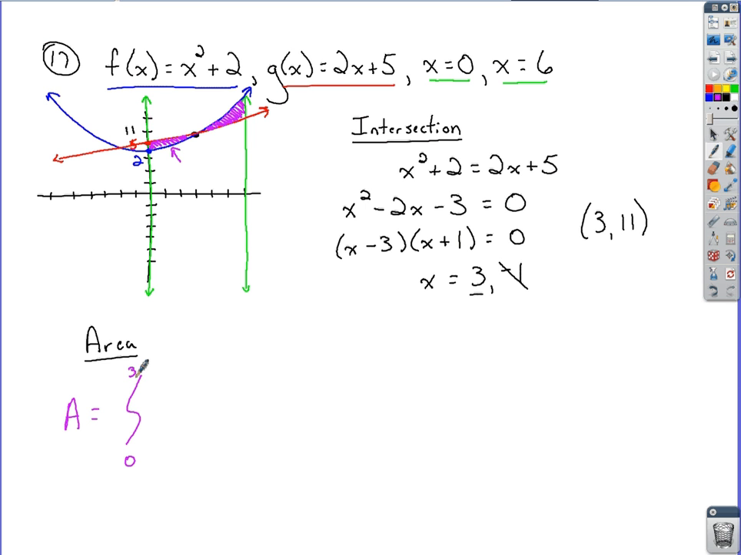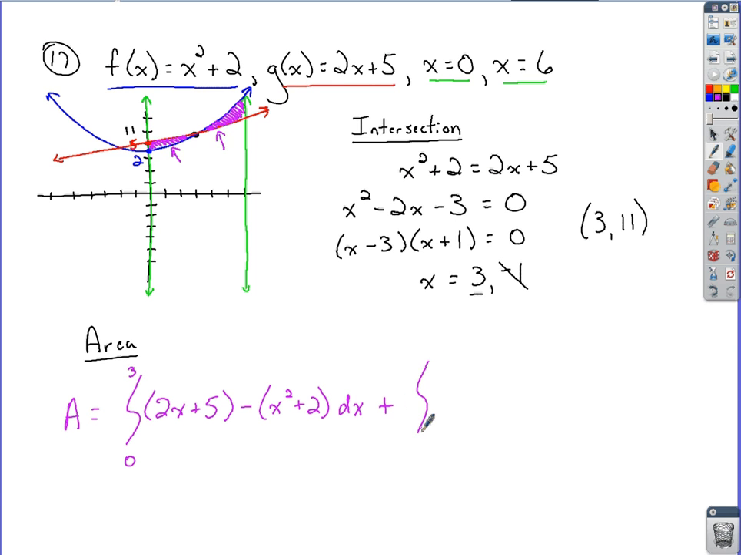Top function would be the linear one. Bottom, quadratic. So I'm going to take the linear function of 2x plus 5. I'm going to subtract the quadratic function, x squared plus 2. We're working in terms of x's, so we throw the dx on the end. That's the first one. Now, for the second one, we're going to have to add on another definite integral